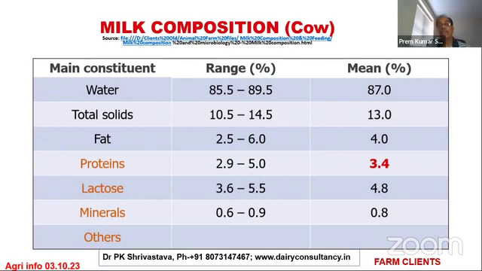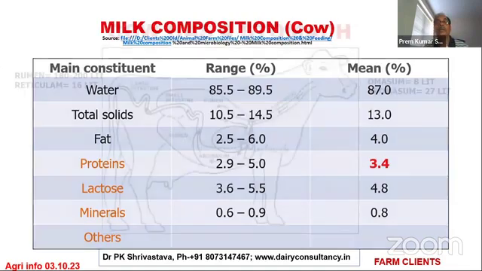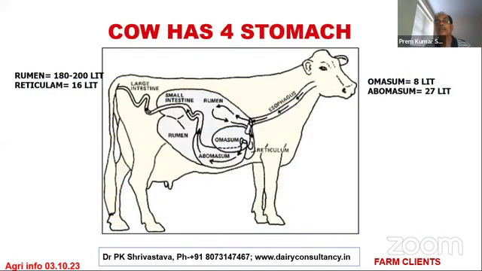So here what I'm trying to say, remove the fat. Only take this 9%, at least 9% will come from the part of the forage and part from the concentrate. Concentrate will contribute very little in the lactose and minerals and other things. Concentrate is going to contribute only for the protein and fat. And this forage is going to contribute for many other things, which we will discuss. Now look at this.